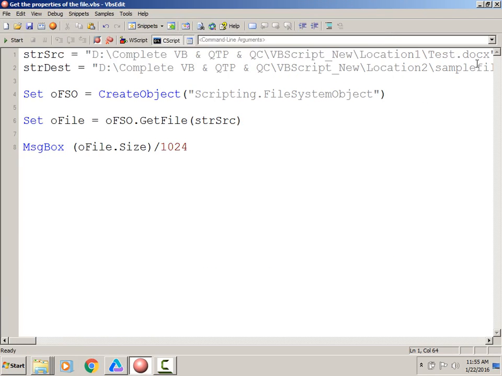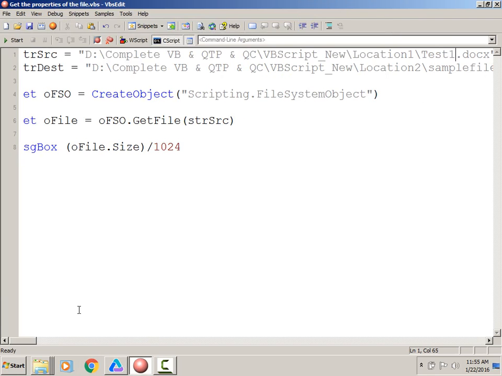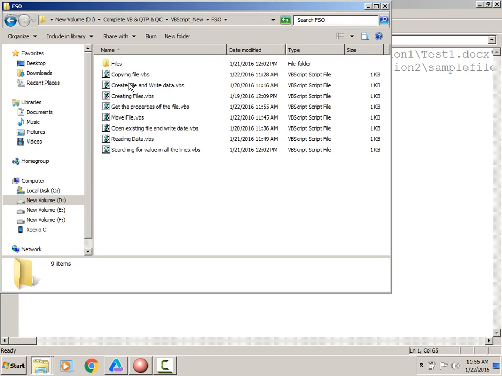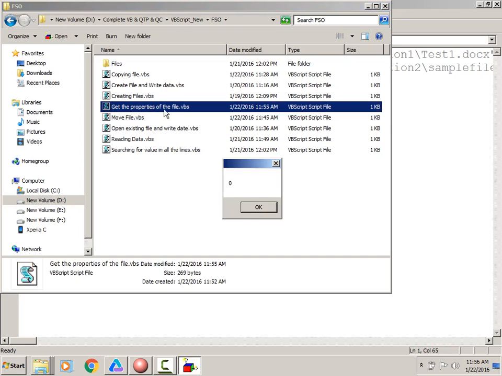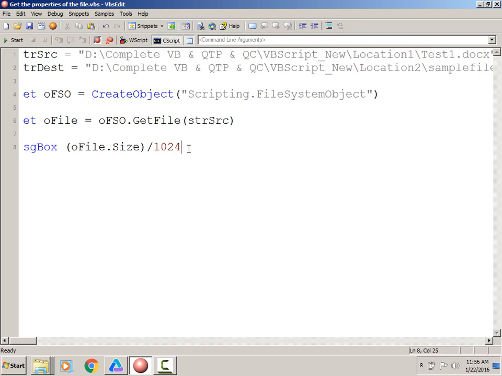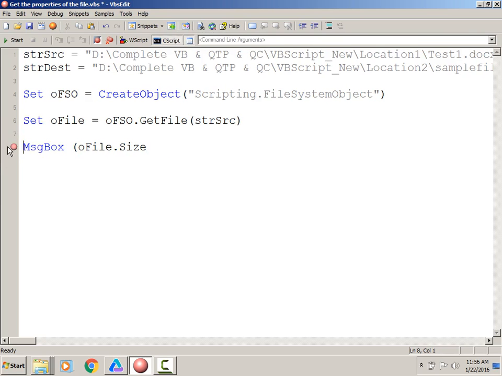Just one, right? It is 0. Now what you can do is, if file size equals 0, then